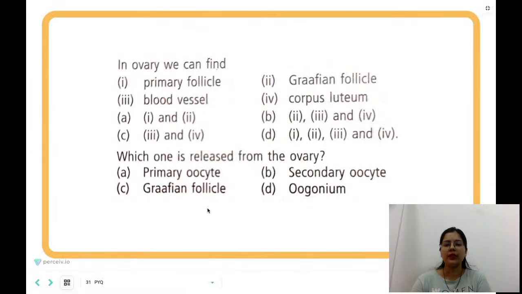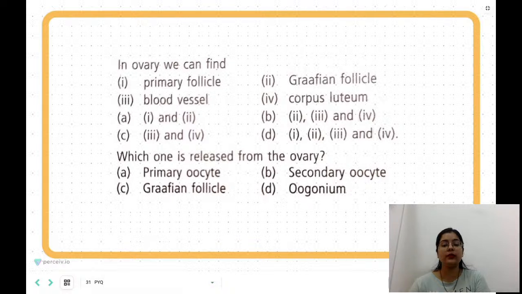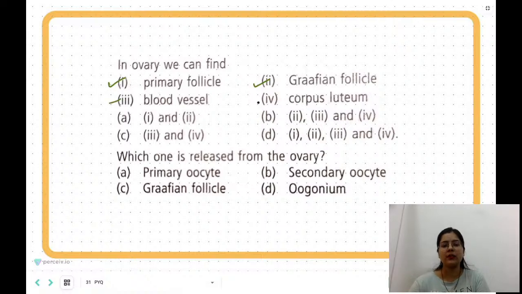So in the ovary, can we find the primary follicle? Yes. Can we find the Graafian follicle? Yes. Blood vessel? Yes. And corpus luteum? Yes. So here your option B will be correct, in which 1, 2, 3 and 4 are all found. Now which